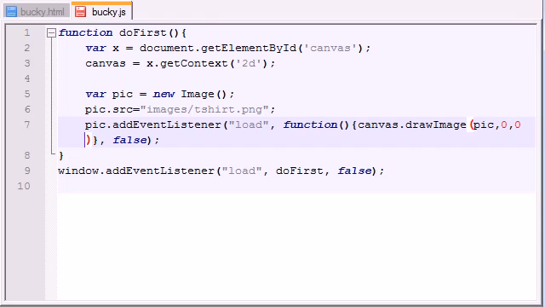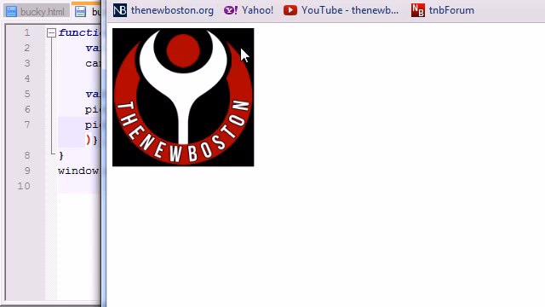I hate when my editor does that. It goes to the next line, which makes it really difficult to read. But anyways, I believe that's it. Can't really tell because everything's on two lines. But let's go ahead and save this and see what we got. As we can see, we created a new image object, images slash tshirt.png, that's the image, and it waited for it to load,